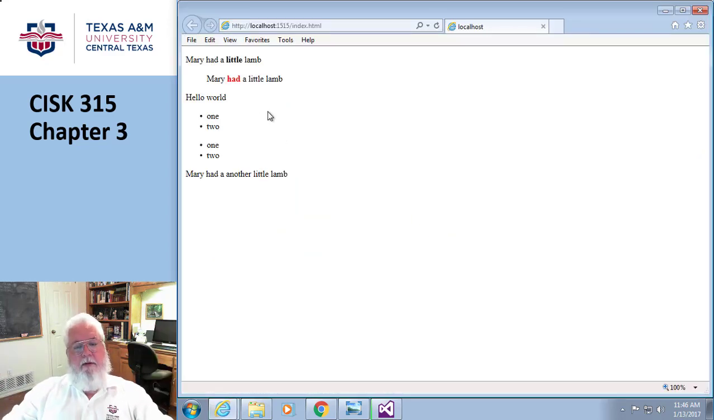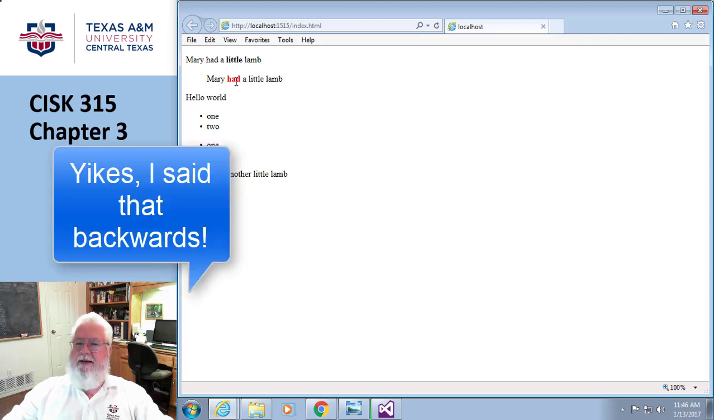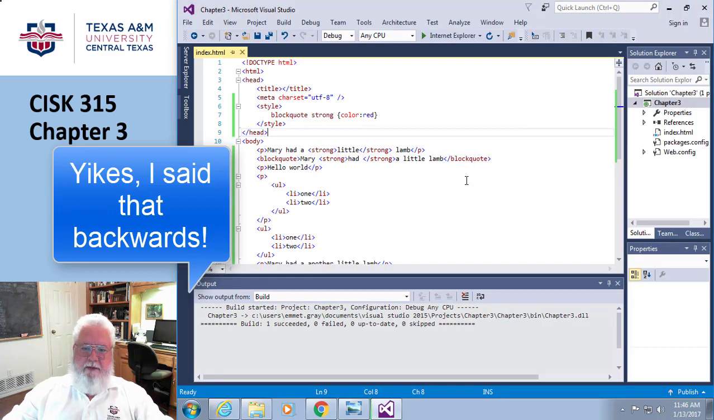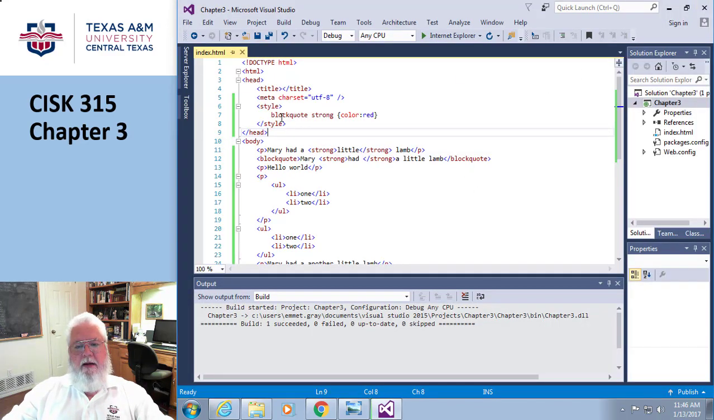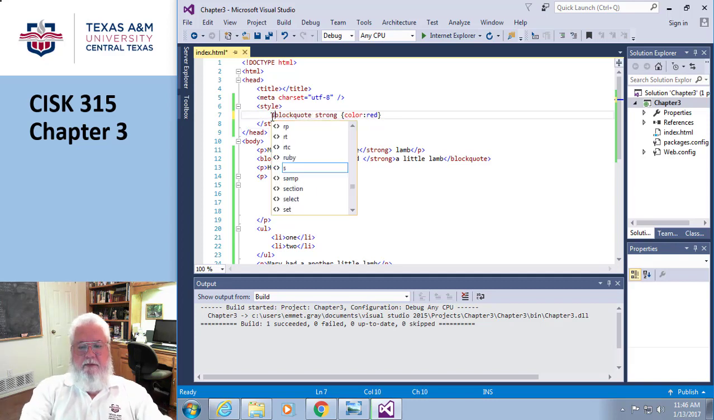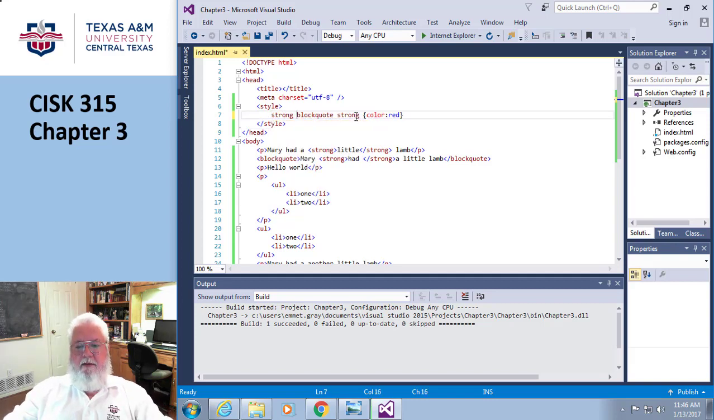Yay! Okay, so it went in and said, okay, I want to find the block quote, but not every block quote, only the block quote inside something else, inside a strong tag. Now, do you think the order of this matters? Yeah. I mean, for example, if I did this opposite, if I said, find every strong tag, find every block quote inside strong,